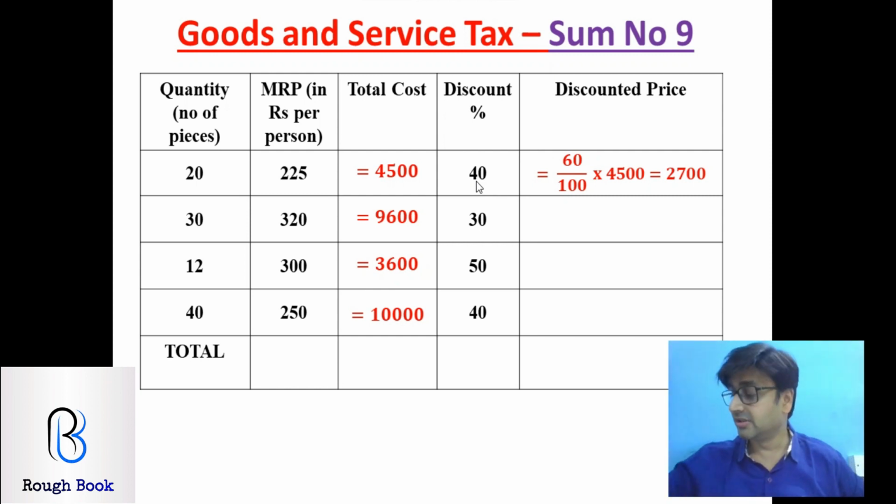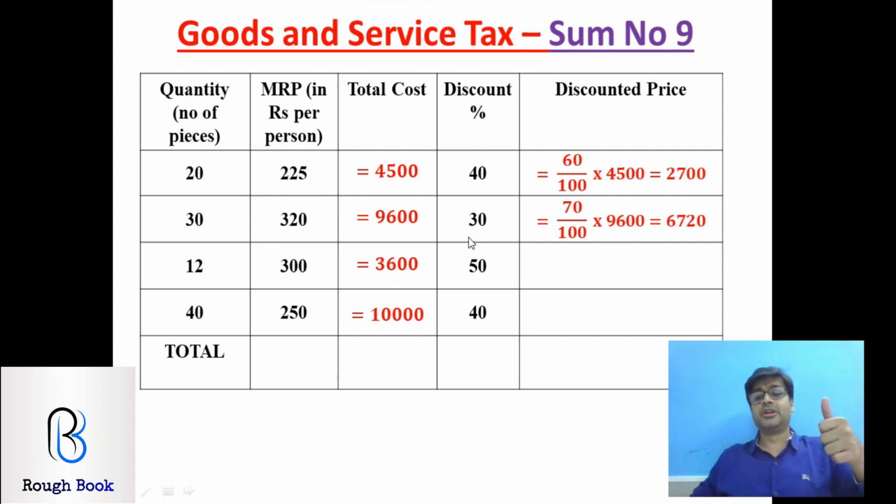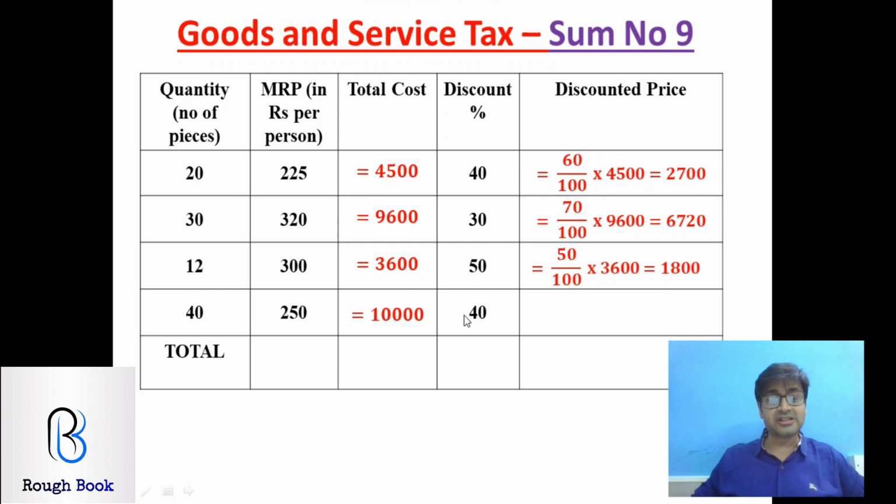30% discount on 9600. So I'll calculate 70% of 9600. So 7 6s are 42. 9 7s are 63 plus 4, 67. 6720. Is that what you get? Brilliant. If you are going faster than me, I am impressed. If you're going slower than me, that means you've got to increase speed or pause the video. Two choices. Come on, 50% of 3600 has to be half, 1800, mental math. There you go. And 60% of 10,000, again mental math, 6,000.